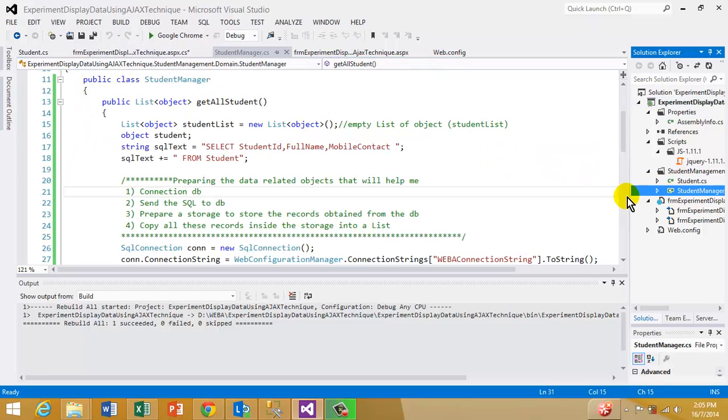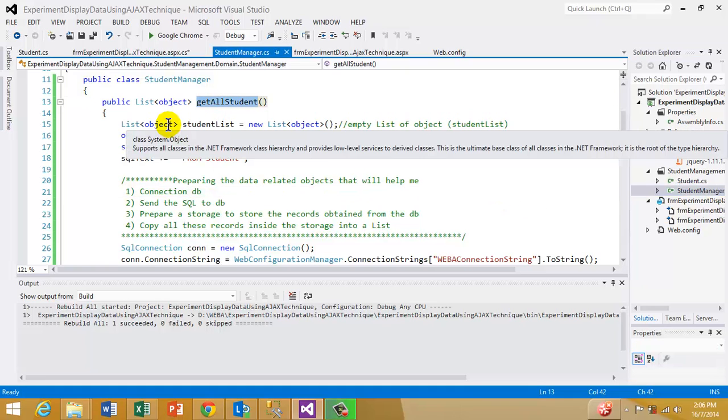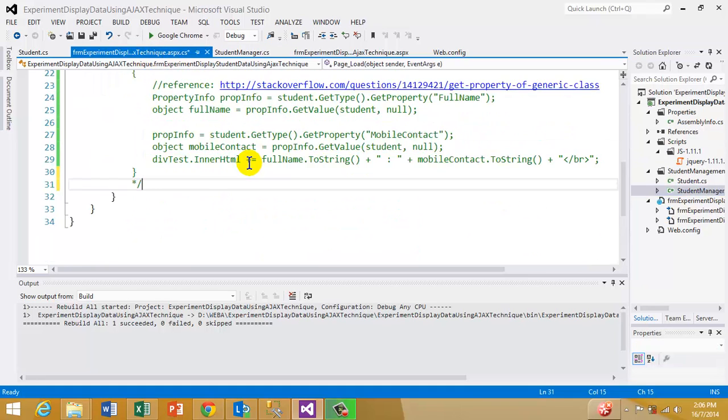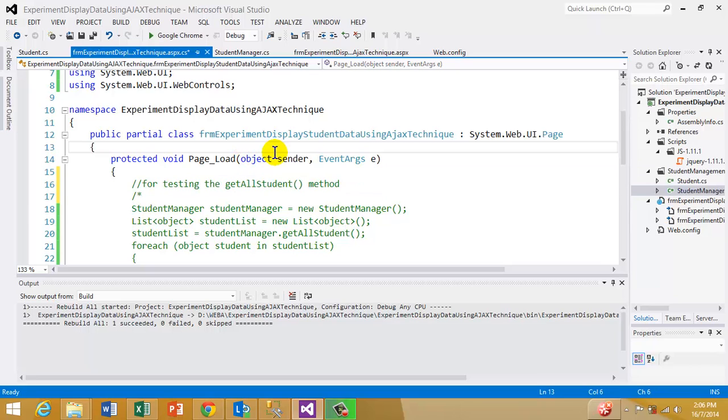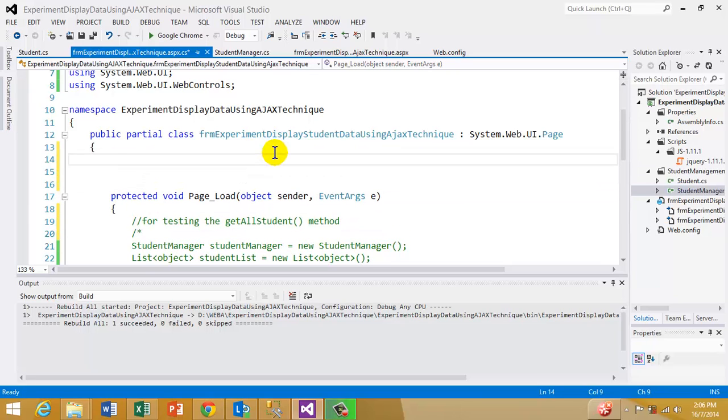Okay. Now right now, what I wish to do is let the JavaScript decide when to call the get all student. I want to let the JavaScript decide. So how to decide? I need to prepare a page method here. So the page method